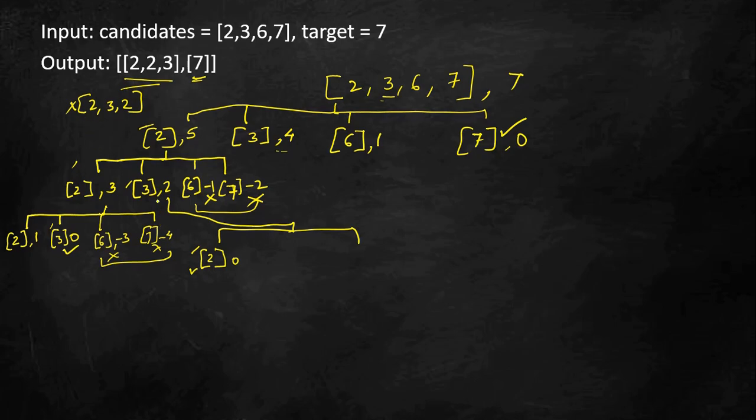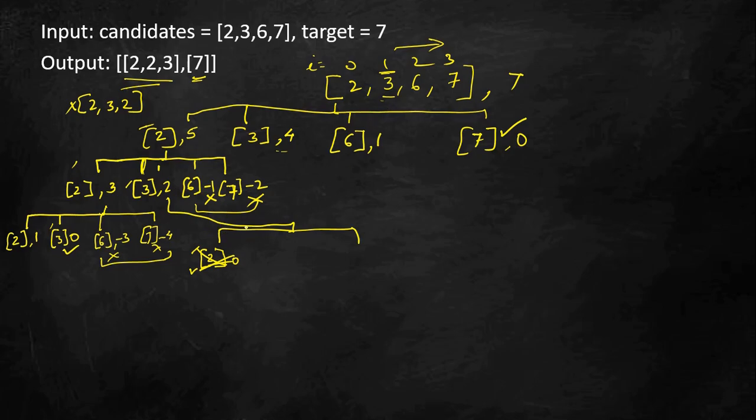So to avoid this, what can we do here is that, let us say my indices are 0, 1, 2, 3. If I am currently at one index, I should always look forward, I should not go backward. So here when I was at this branch, I was at index 1. When I go into the sub-branch from here, I should start from 1, I should not start with 0. So if we do it that way, we can avoid the duplicate combinations. So here it will start with 1.